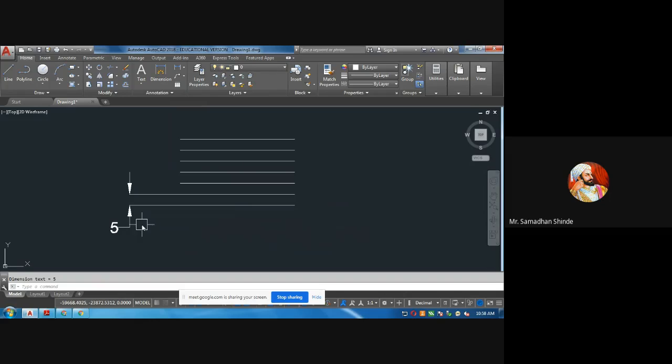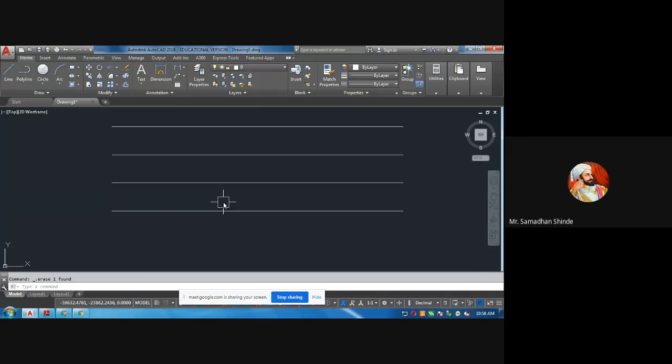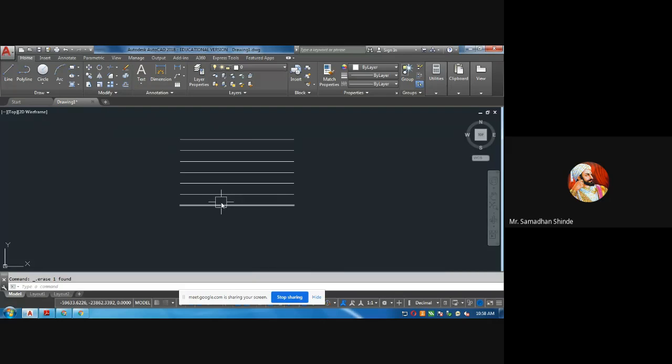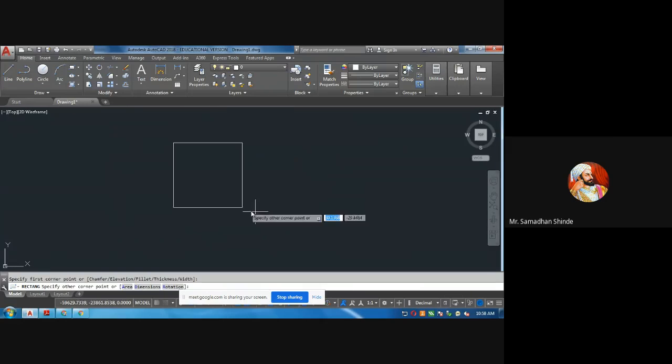Which is the shortest distance between two parallel lines? The shortest distance between two parallel lines is its perpendicular distance. That's why the offset command, though the meaning of offset is perpendicular, is used to draw parallel lines. Okay, so even